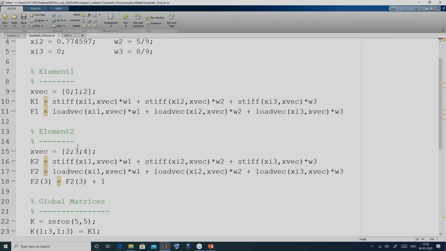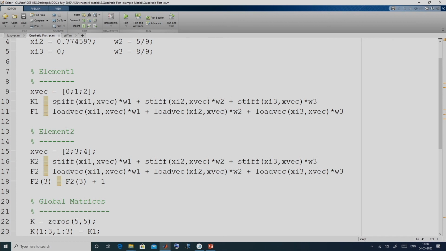Thus, in this MATLAB program we have learned how to get the element stiffness matrix for element 1 and element 2 separately. Also, the first part of the load vector, which has to be calculated by integrating over elements.